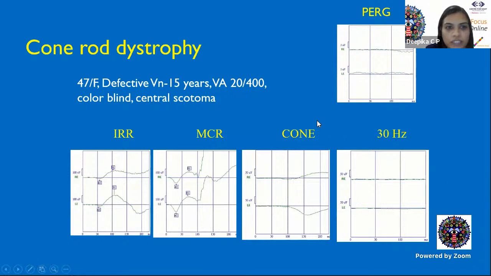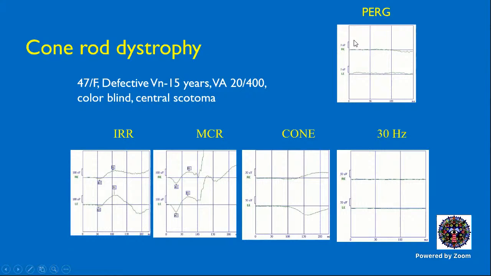Okay, so here's a patient of cone-rod dystrophy, a 47-year-old female, defective vision for 15 years, visual acuity is 2/400, colorblind, and also always had central scotoma. Dr. Soni, can you just look at these responses, the pattern ERG, and these are the full field ERG parameters. Ma'am, the pattern ERG is showing no cone response, macular responses are not there, and in scotopic and photopic, both the cone responses are